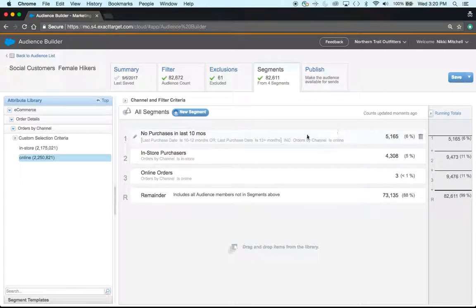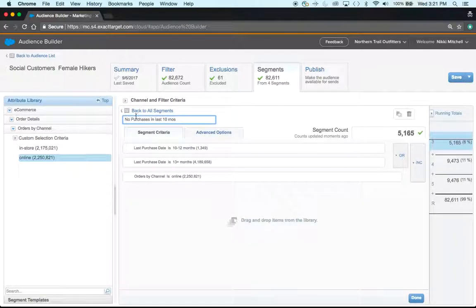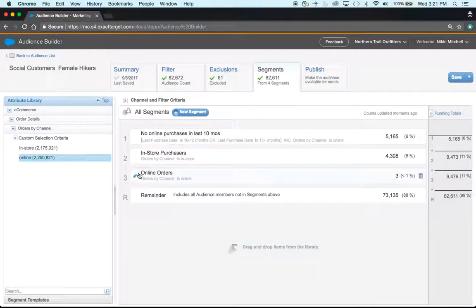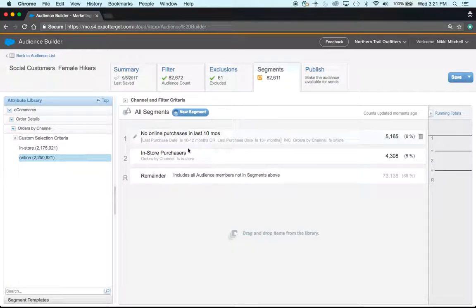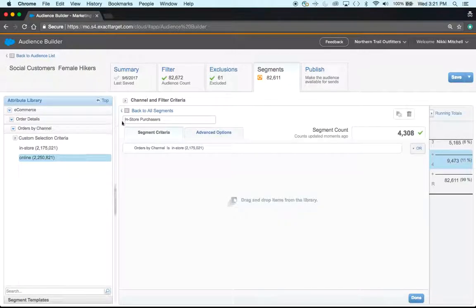So notice when I combined that with in-store orders, I'm getting a much larger number here than I was getting before. So if I change that, I can adjust the name here and say no online purchases in the last 10 months and click done. And now maybe I'm going to delete this guy off because I already know that it's going to be absorbed into this one. But then maybe I am going to change this one to be no